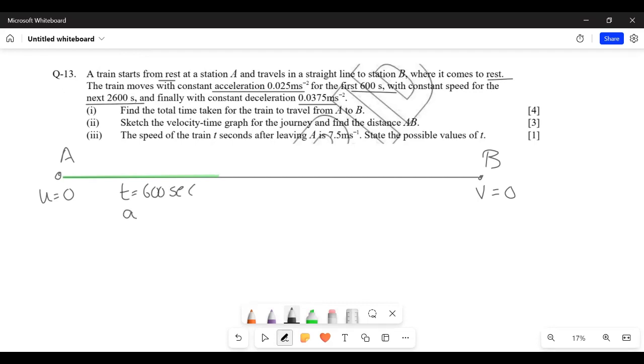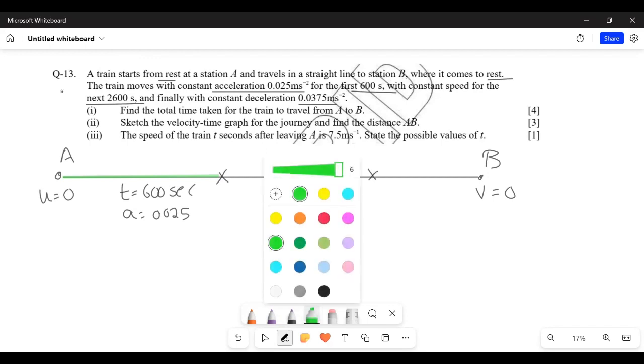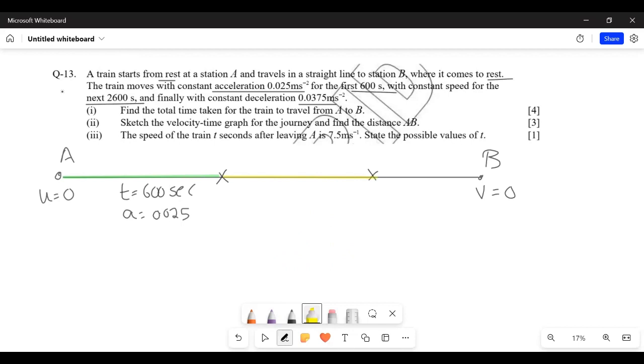And the acceleration here is 0.025. That's the first part of the journey, for the first 600 seconds, and then with a constant speed for the next 2600 seconds. Okay, so for the next part of the journey, the time is 2600 seconds